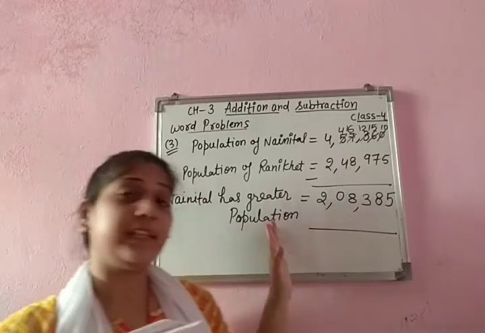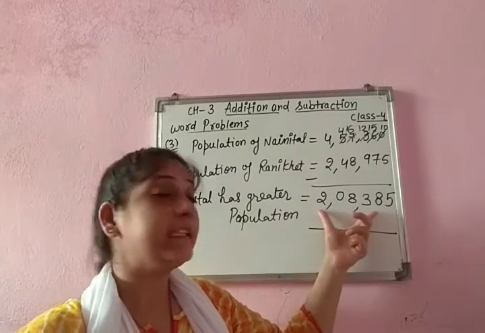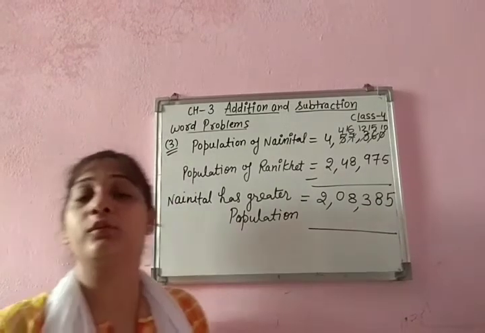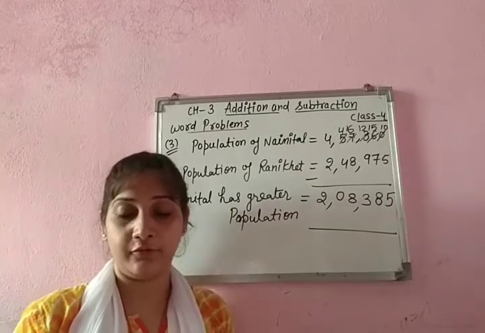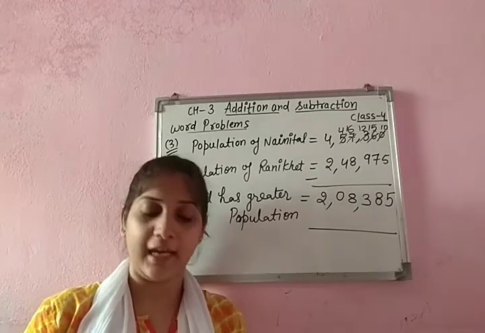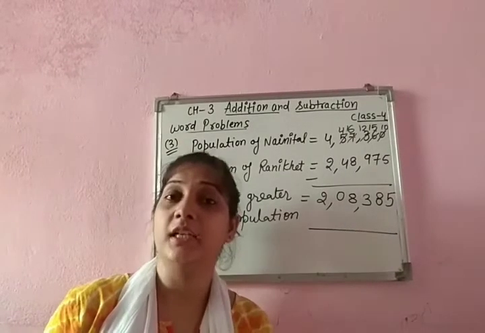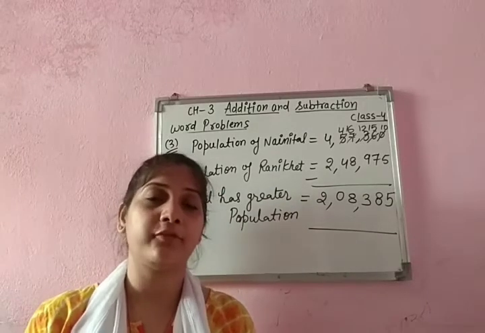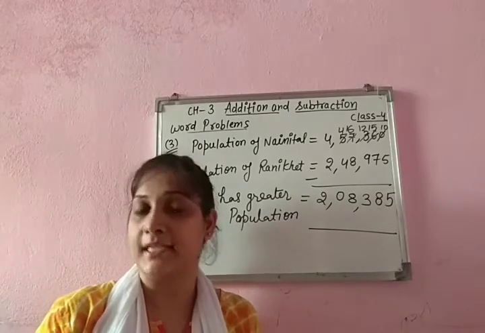It means we tell that Nainital's population is more, but how much is it more? It is this much more, 2,08,385. So remember, when you want to find by how much, you need to do subtraction. Now the next question number 4 that we had already done in our previous video. What should be added to the given number to get 47,467? So I told you children, when we are finding what should be added, we have to subtract from greater to small. I want that you do it yourself because we already studied about this.